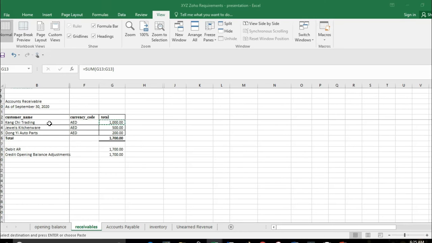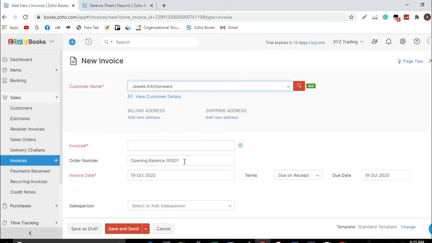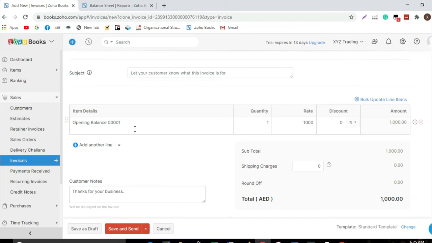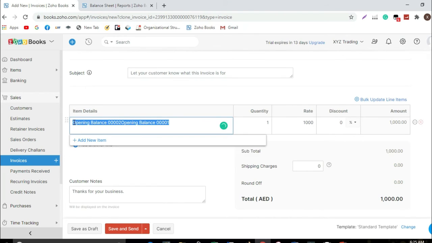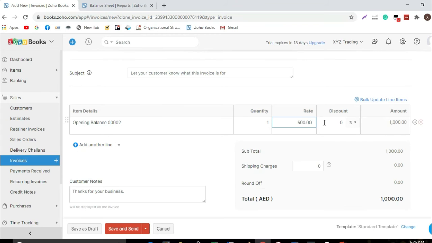Second, there are 3 outstanding receivables. There are outstanding receivables from 3 customers. So that's fine. This is normal. This is part of the accounting job. Later, you'll understand how to generate a sales invoice.